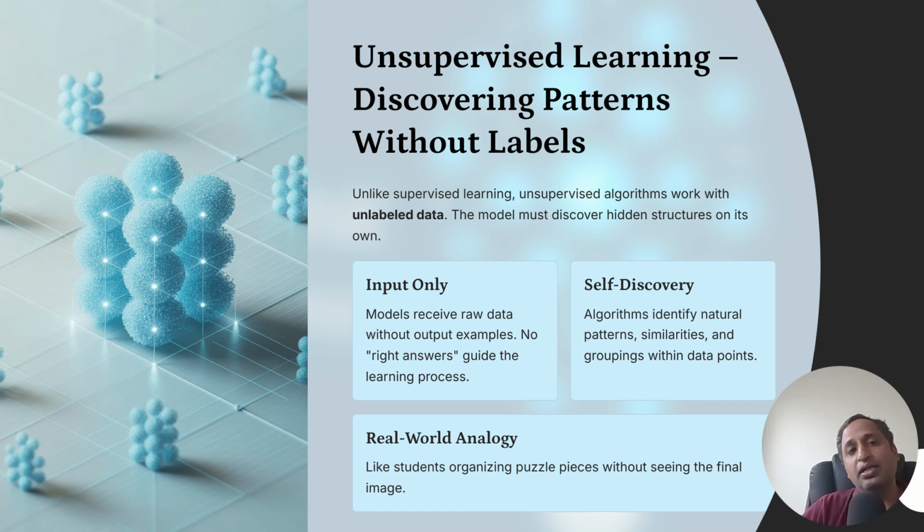So let's break it down further. Say the model receives the raw input data, for example, customer usage records. It has no idea who churned, who stayed, or what actions were taken. It tries to organize the data based on similarities, like grouping customers by behavior or identifying unusual activity that might signal fraud. We call this a self-discovery process, and it is useful when we want to explore the data, find segments,